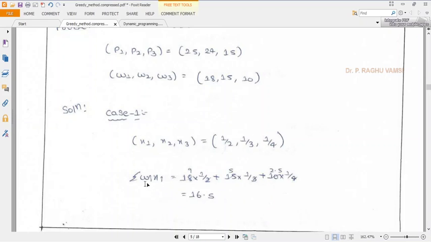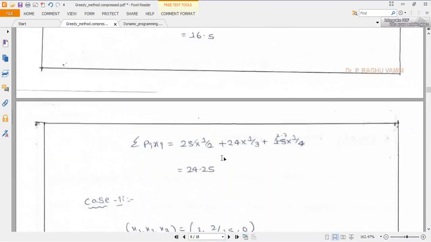So what is the condition to be reached? That sigma wi xi is less than or equal to m. Initially I took half, 1/3 and 1/4. This is generally a random way of doing it first. Then what I did is,